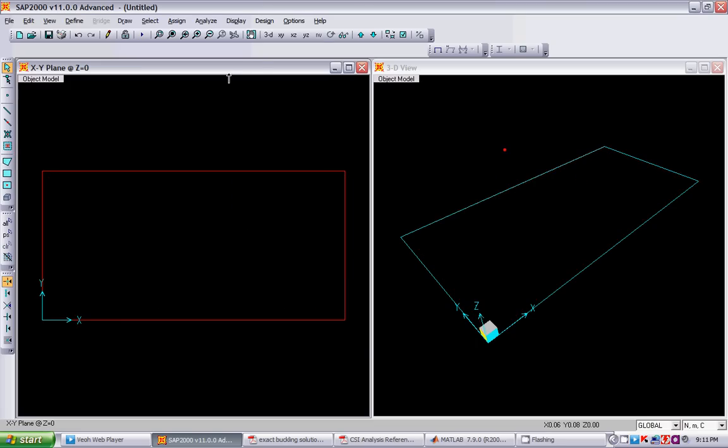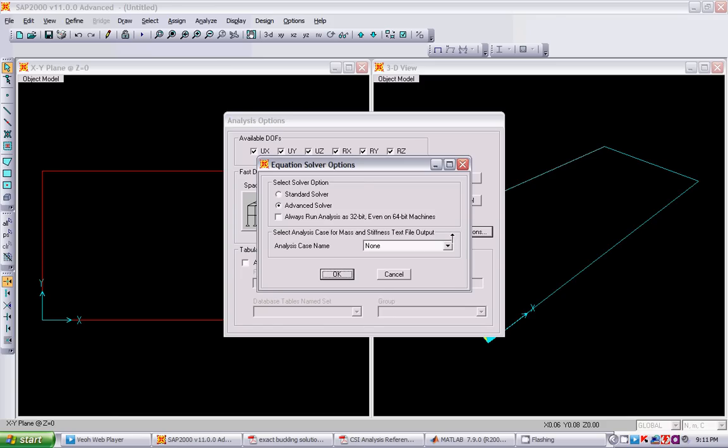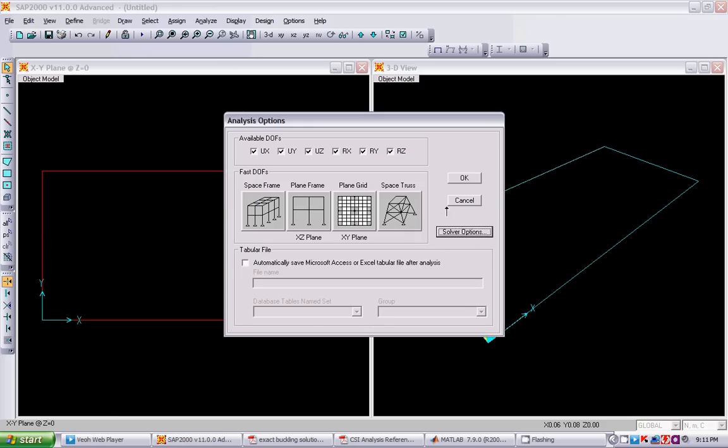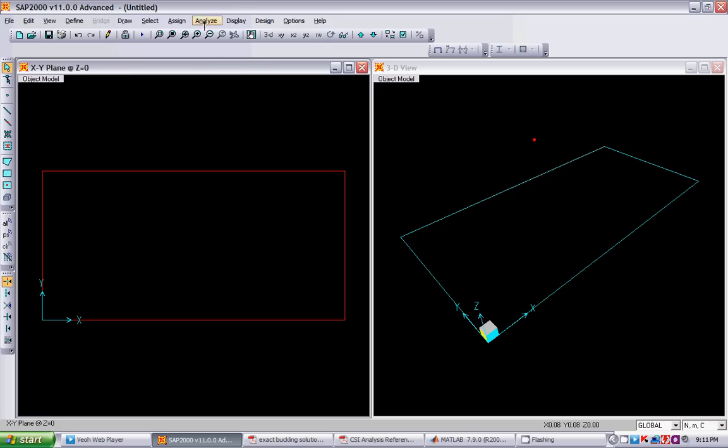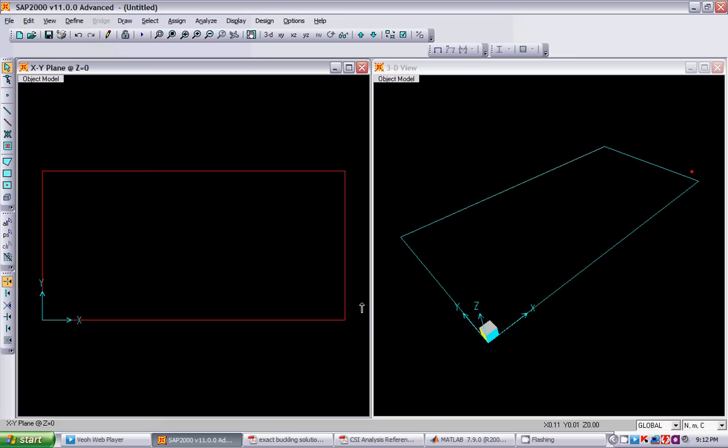Okay, and then we set the analysis cases to be run. In solver options we want to perform buckling analysis. Okay, and in the analysis cases we don't want to run these analysis. Fine. One thing which we have not done till now is we haven't specified any of the boundary conditions of the